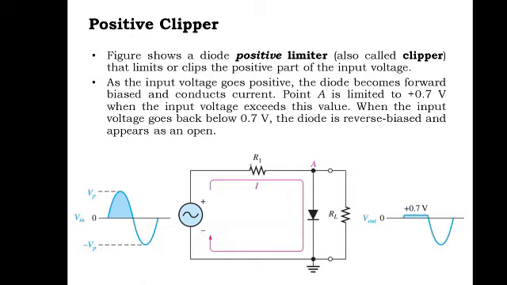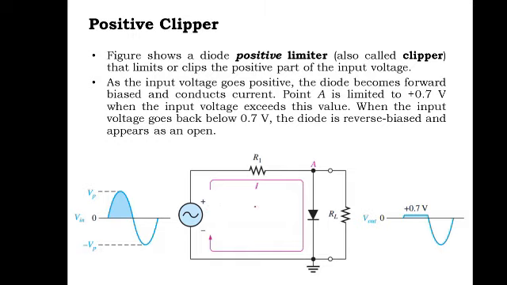The circuit has a series resistor R1 and a load resistor RL. The diode is connected across the load. During the positive half cycle of the supply, the diode will get forward biased. Until 0.7 volt it can be treated as open, and therefore the voltage which will appear across the load resistor will be 0.7. After 0.7 volt the diode will start conducting, and current will start flowing through the circuit as shown. The current flow direction is marked here. This is how it is going to work.